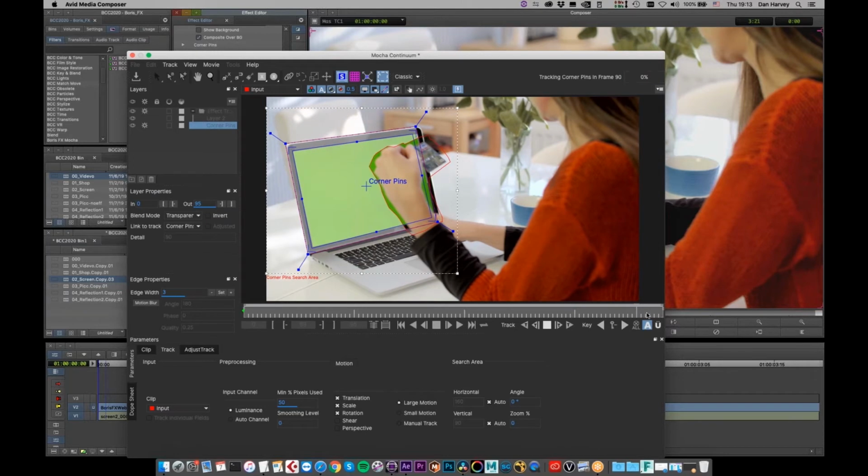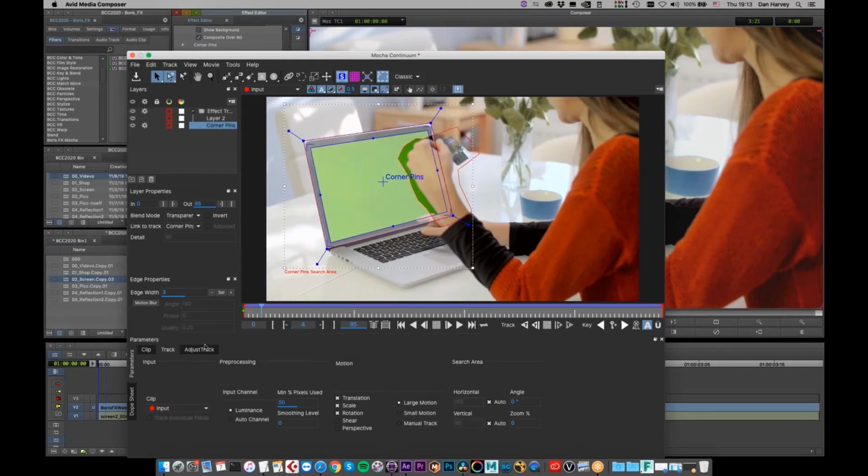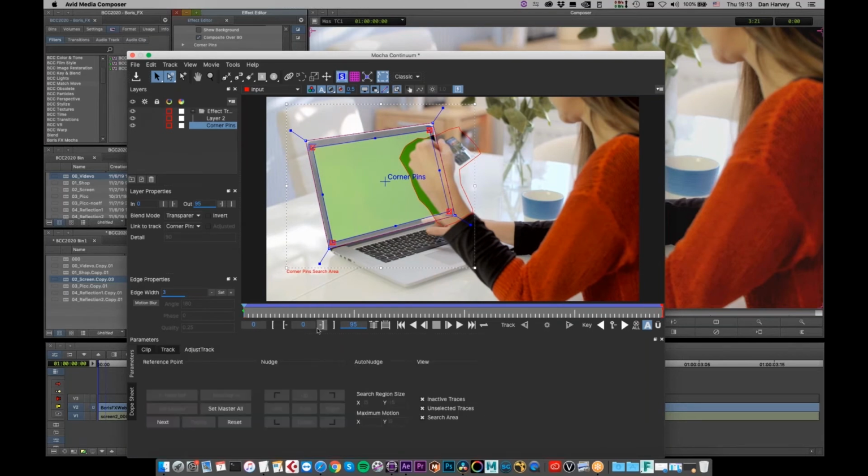So I'm going to wind back and take a look at a tool that will enable us to refine tracks that are problematic, and that's the Adjust Track tool here. The Adjust Track tool allows us to overlay another set of keyframes on top of our tracking keyframes to modify the track or to correct it. What I'm going to do here is hit Set Master All. This sets the initial keyframe for the